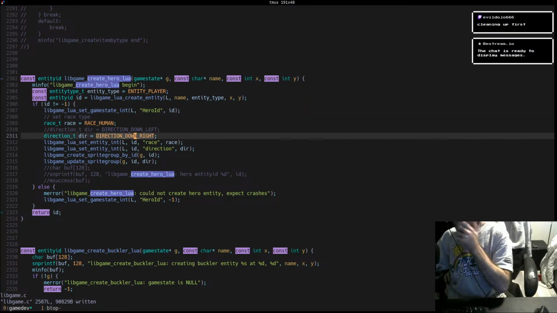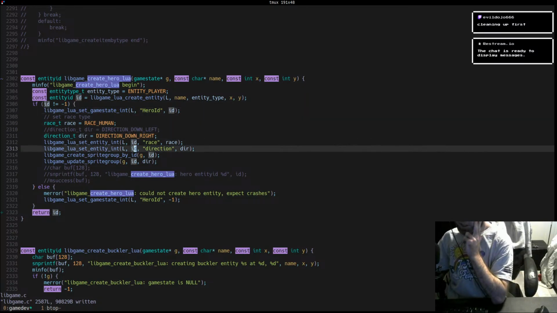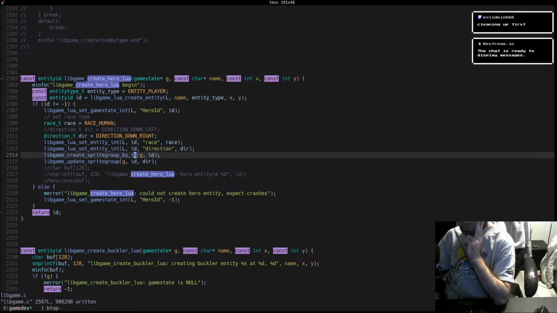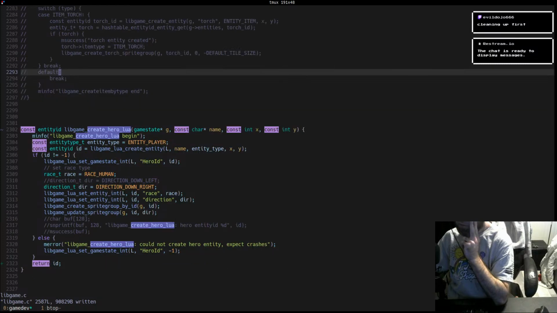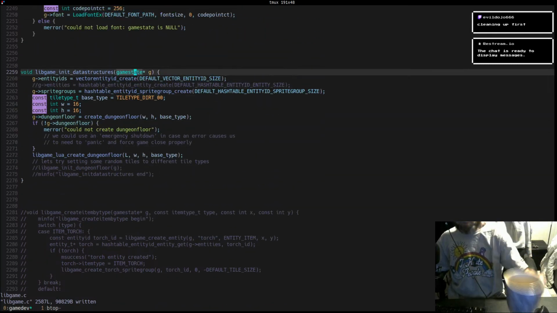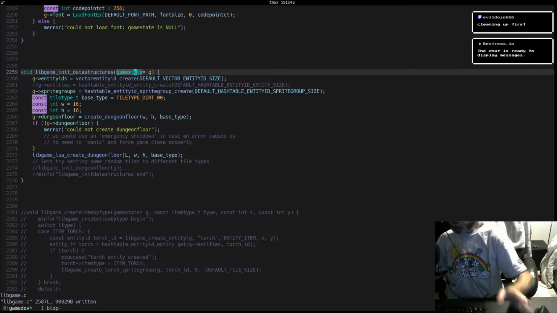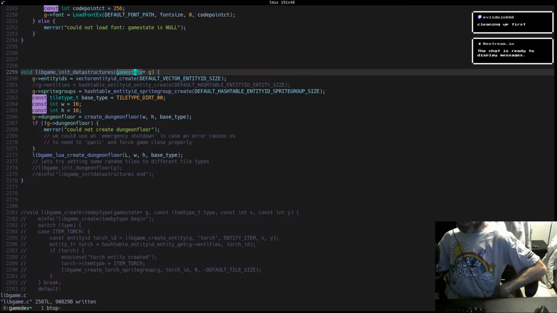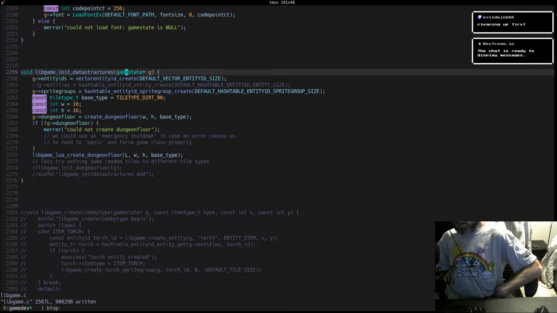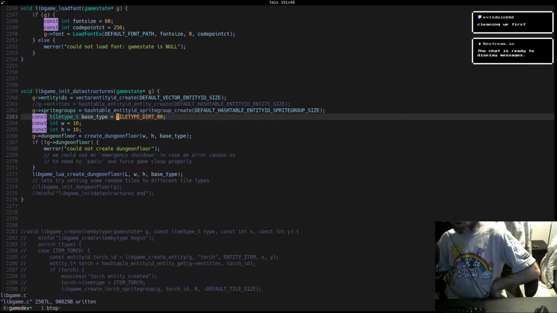We set an initial direction, set the race, direction, create sprite groups. Here we initialize our data structures for the game state, which slowly we're going to be relying a lot less on, and using the Lua game state a lot more. But for right now,